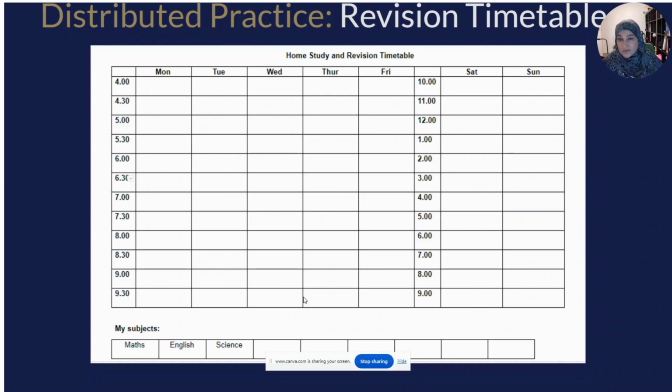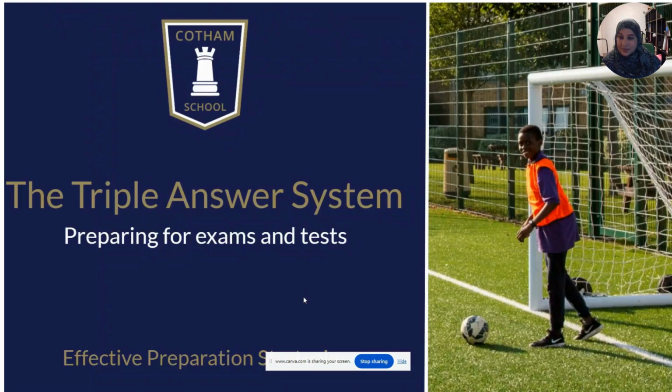And a really useful way of doing that is assigning 2 half-hour slots for every single subject, and then giving an additional slot to say maths, science, and English, which are core, and then an additional slot to those subjects which they want to study at A level. That can be a good starting point for creating a revision timetable. Information about distributed practice and self-quizzing is on our school website, and I'll show you exactly where you can access that information.